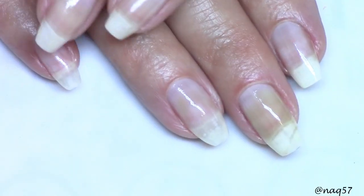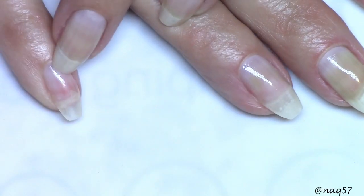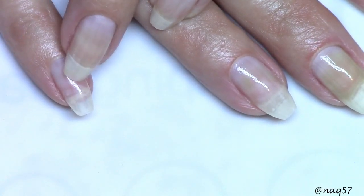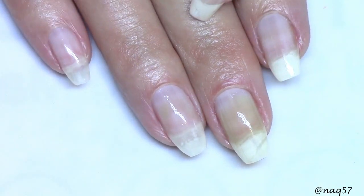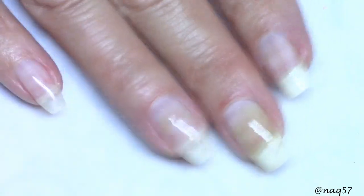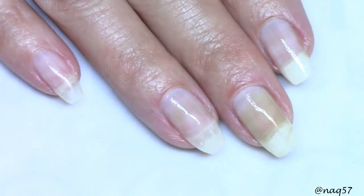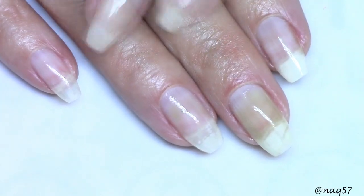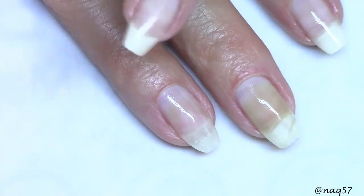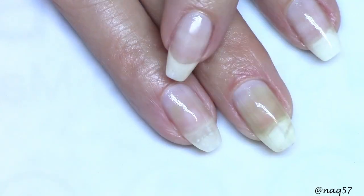Now, my pinky is still see-through. It still has a lot of water, and my index has pretty much recuperated. I'm going to insert a picture. I'm going to wait until the day after, when my nails are completely dry, to insert a picture of them. But yeah, that is my only advice for that polish, since it stained my nails,